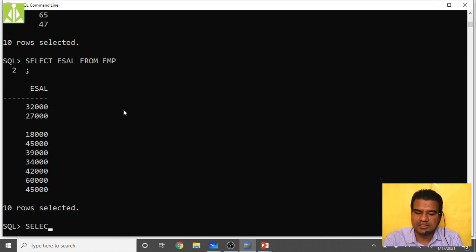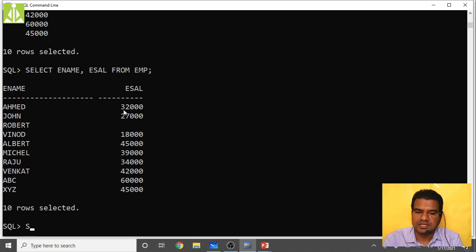Then selecting multiple fields. How can we select? Select ename comma esal from employee. It will give you multiple fields. Select EID comma esal from employee.